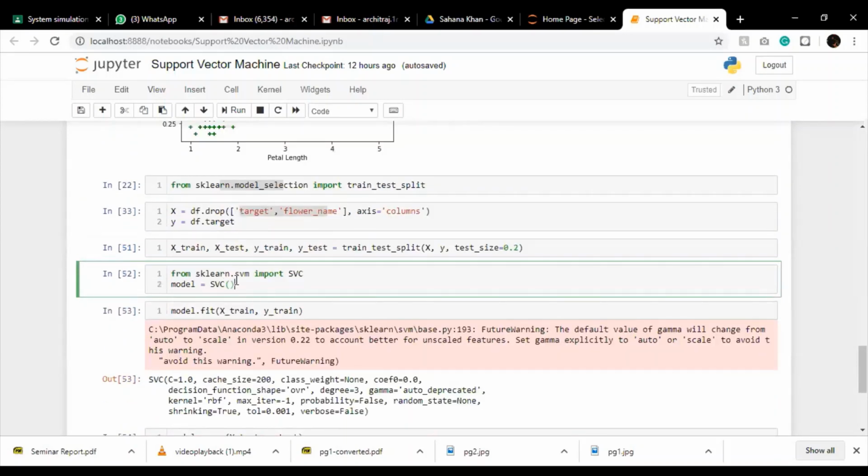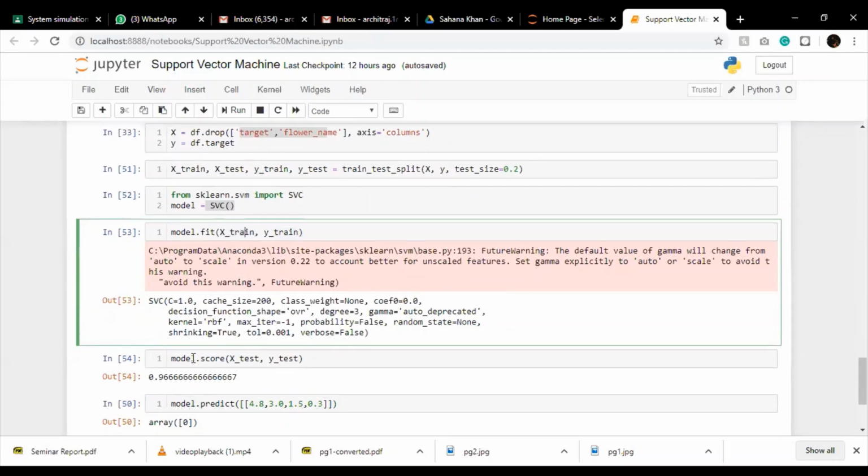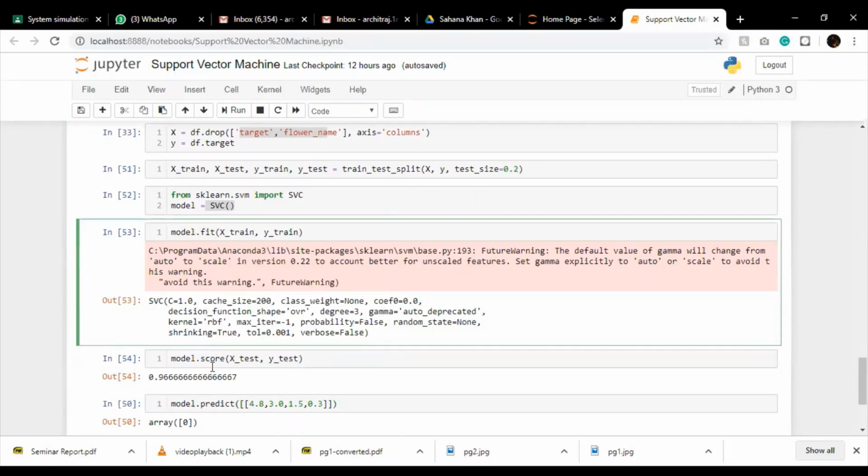We use sklearn. Now this time the module in which the support vector classifier lives is svm. From sklearn.svm we imported the support vector classifier, which is SVC. We made an object of SVC. We provided the training data, as you can see, the independent values and the dependent values. The model has been fitted. We go for the model score. Most of the time you'll find that support vector machine models are really accurate, more than 90% accurate most of the time. So we trained our data on this. The model score that we got is 96%.